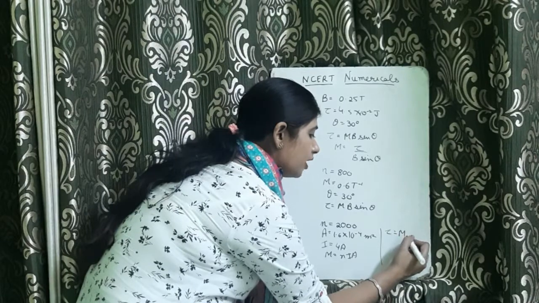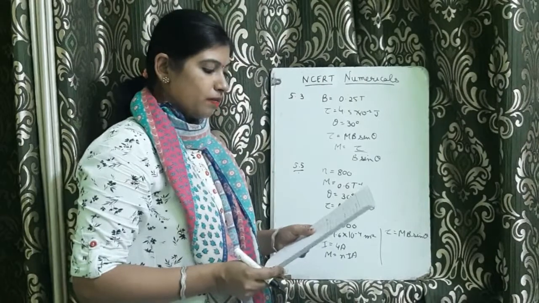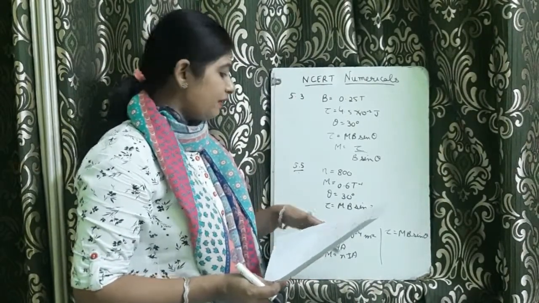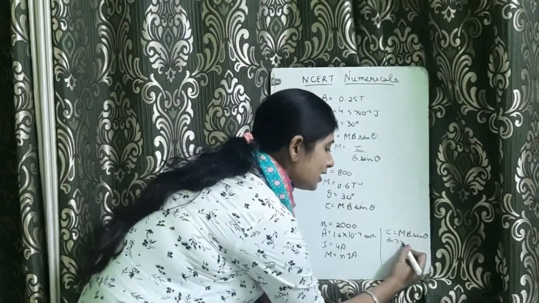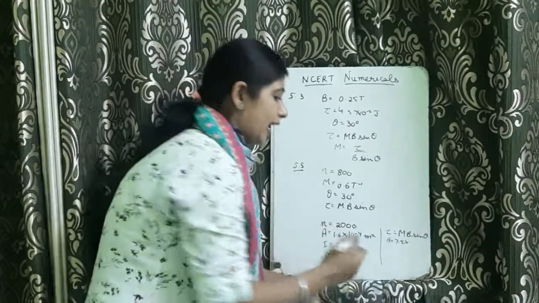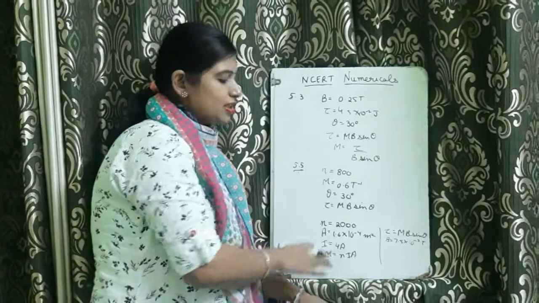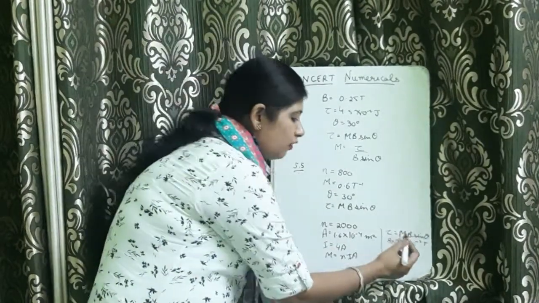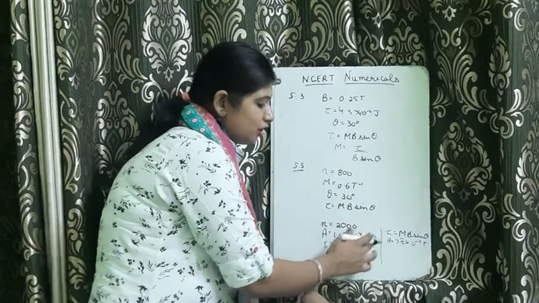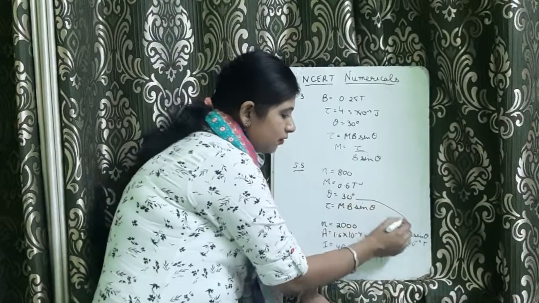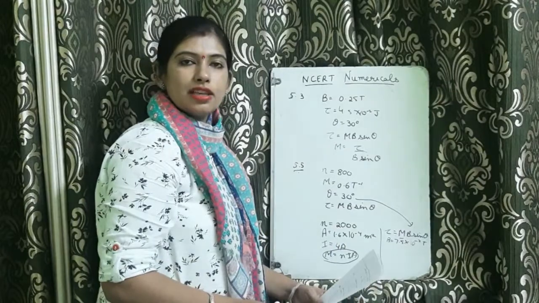torque is equal to mB sin theta. Now here the value of B is given as 7.5 into 10 raised to power minus 2 Tesla. You will substitute the value of B, and the value of M you will calculate from the previous formula. The value of theta has been given as 30 degree. Substitute those values and you will get the answer for the torque.